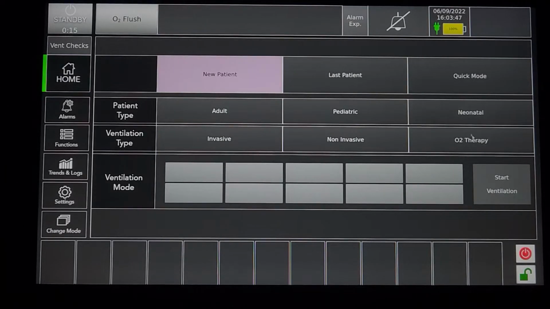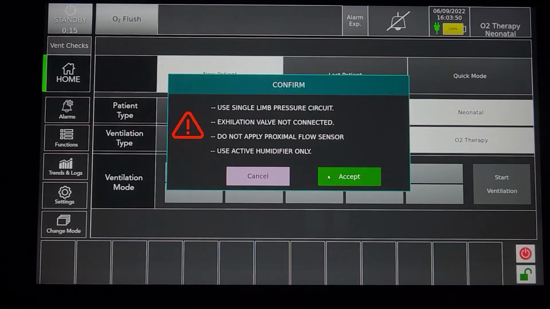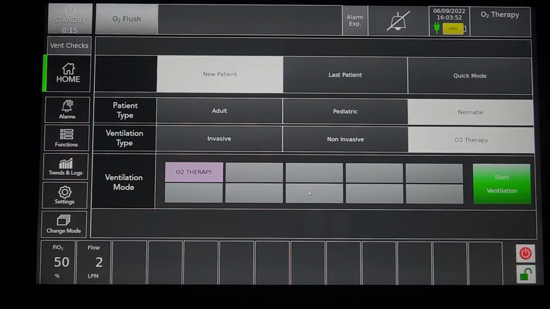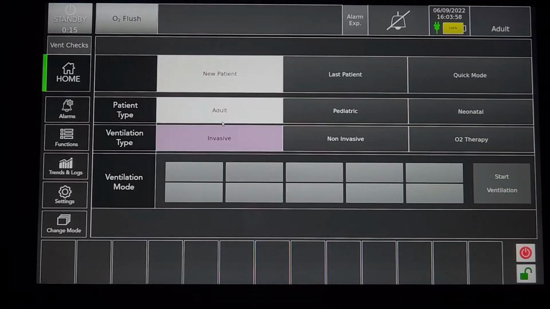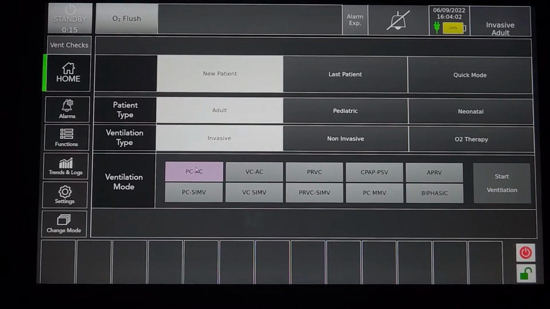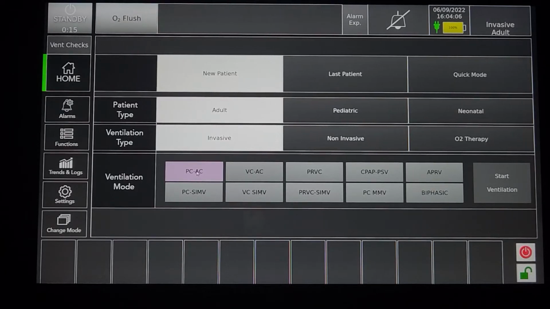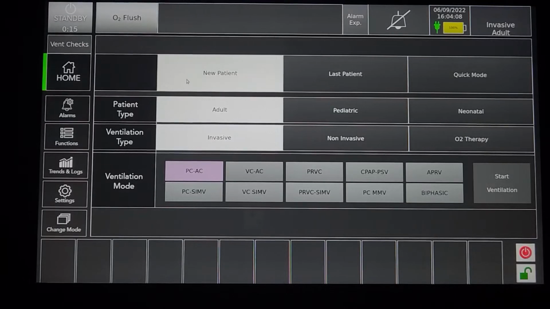Plus we can have the selection of neonatal HFNC or O2 therapy. Here also the flow starts from 2 liters. Let us say we consider the case of invasive ventilation. Once we choose invasive, the modes will pop up and then we can select a particular mode.